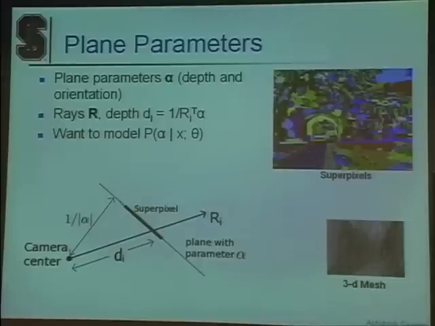The idea is, given these superpixels, we want to infer the depth and orientation of each of these planes. And now if we have the location and orientation of each of the planes, then we can use a simple computer graphics technique to paste the texture of the image onto these small planes and get some cool looking models. So now that you have the location of small planes, then we will have a 3D mesh which could be used to estimate